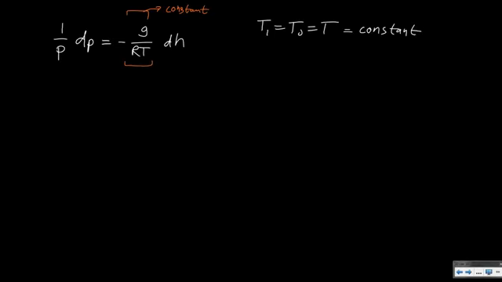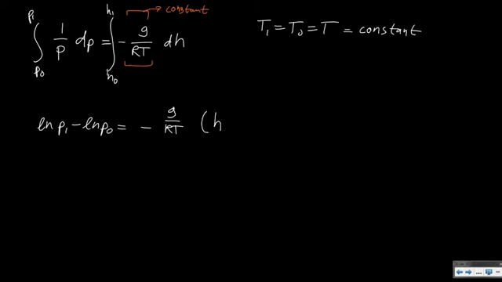So on the left side, everything stays the same. If we make it into an integral, here we do the same. The right side remains the same. ln P1 minus ln P0 is how we solve that integral. But here we can take the constant in front of the integral, and this merely becomes the altitude difference. Basically we're solving the integral of 1 as the function for h, which becomes h,